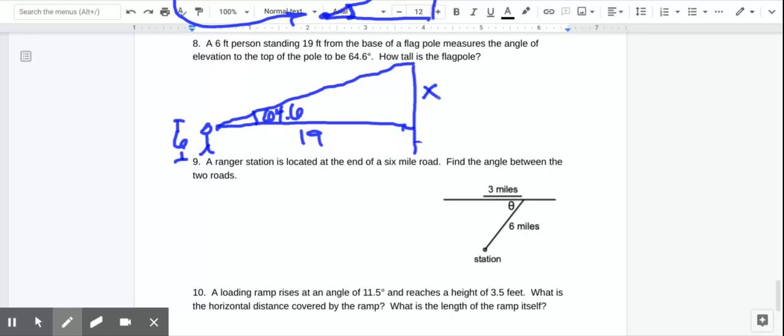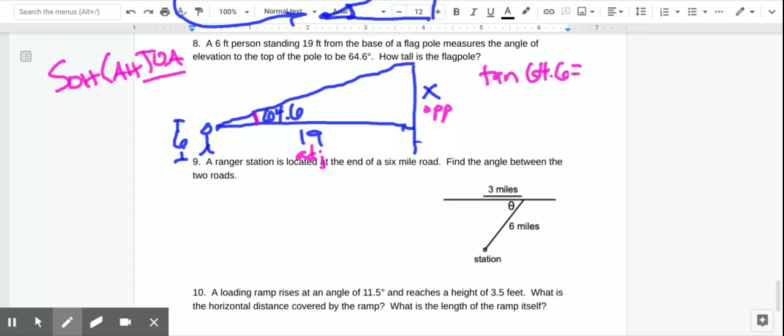So I'm going to call that side x. As we look at this, we did these back in geometry and in Algebra 2. From this angle, you can see that this is the opposite side, and this is the adjacent side. So the trig function, if you're thinking about SOHCAHTOA, the trig function that uses opposite and adjacent is tangent. So we say that the tangent of 64.6 equals x over 19. And then to solve this for x, we're going to multiply both sides by 19. So in your calculator, you're going to do 19 times the tangent of 64.6,